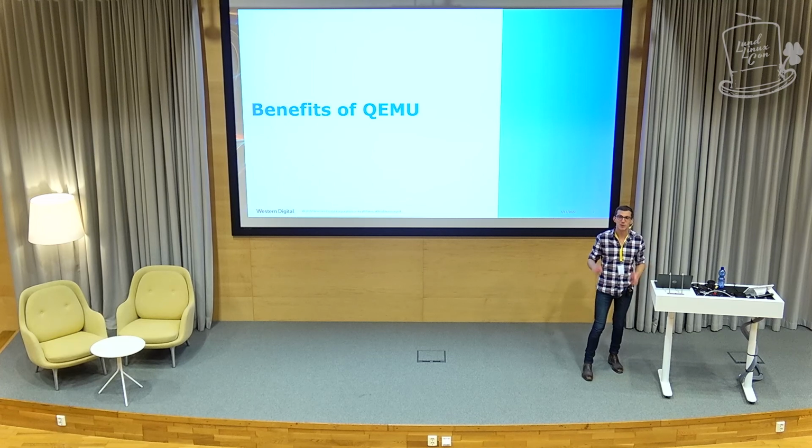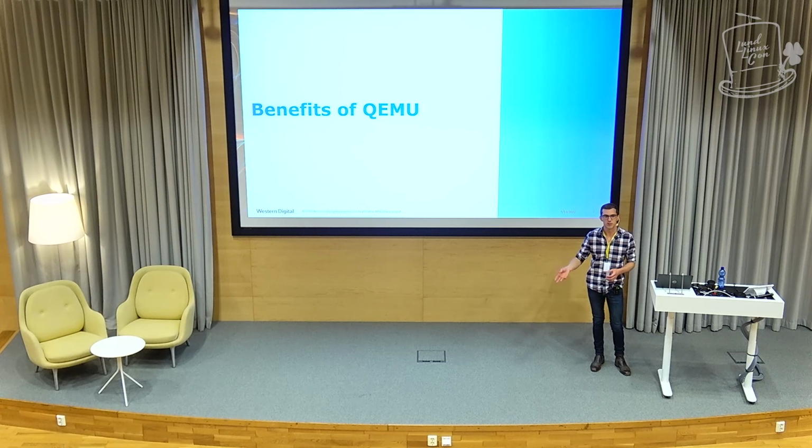So now, how great is it? So in the early days of RISC-V, there was no hardware, right? So it was designed by academics, and the instruction set existed, and everyone was excited, and everyone wanted to use it, but there was no hardware. So what are you going to do? So everyone uses QEMU. So Linux supports the QEMU virt machine. Every project that targets RISC-V supports some sort of QEMU machine.